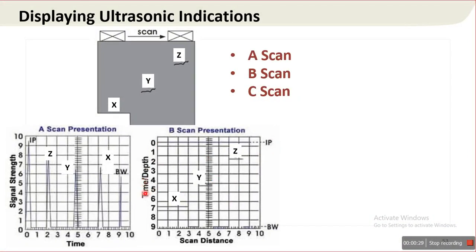Time is plotted on the Y axis and scanning distance is plotted on the horizontal axis, that is X. From B scan, the depth of the reflector and its approximate linear dimensions in the scan direction can be determined. So look here, this is the indication X, this is the indication Y, and this is the indication Z. It is exactly similar to the cross section of this component.